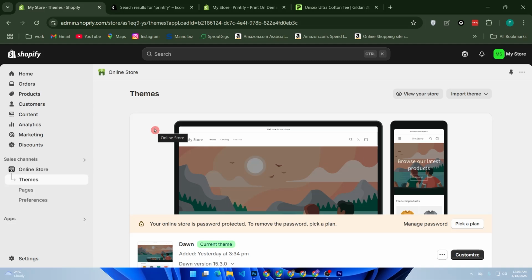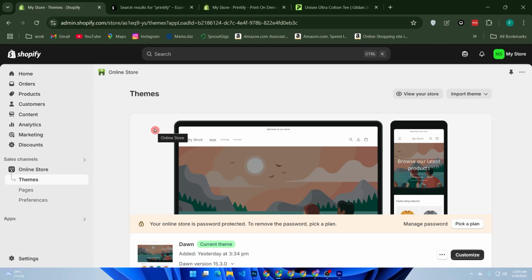Add size charts, care instructions, add high quality images or mockups, set collections like t-shirts or best sellers, then click